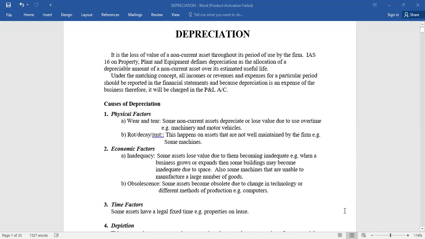Now, under the matching concept, we said that all the incomes and revenues and also the expenses of a particular period are supposed to be reflected in the financial statement. And because depreciation is an expense, it should also appear in the profit and loss account, or rather the statement of income and expenditure. We have the causes of depreciation, which could be due to physical factors, and physical factors will